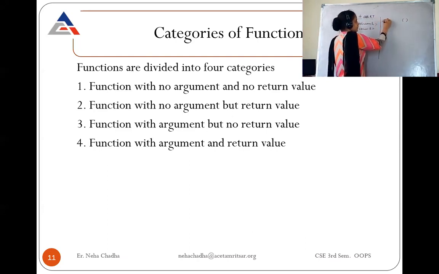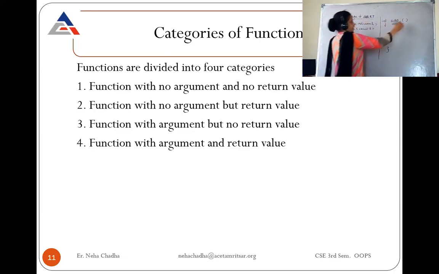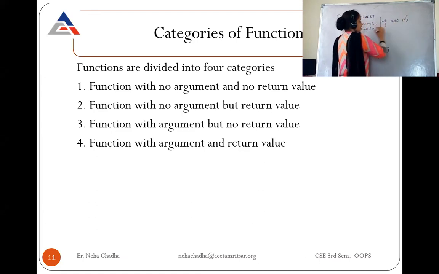So instead of void, I will use int here. Then the name of the function is add here. The remaining function will be same. It says no argument. I'm using here no argument with return type. Yes, int will provide the return type. How will you write this type of program? Firstly, you will use int